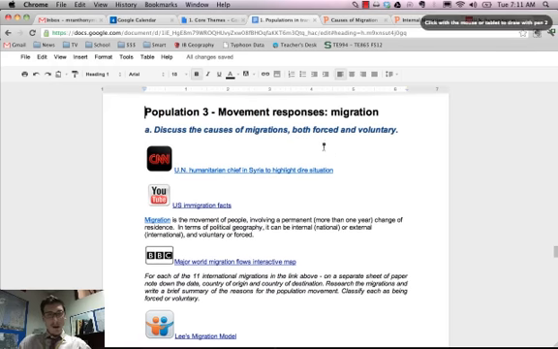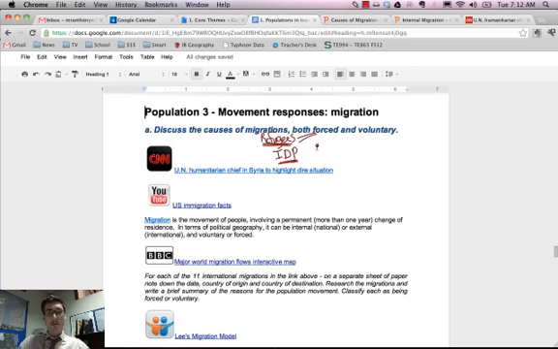voluntary. Now, I can tell you straight away that the main causes for a forced migration are refugees, and that's because of war and famine, things like that. And then also IDPs, which stands for internally displaced persons. So people that are displaced within their own country. So refugees typically move outside of their country, and then IDPs are displaced within their country, and those are the